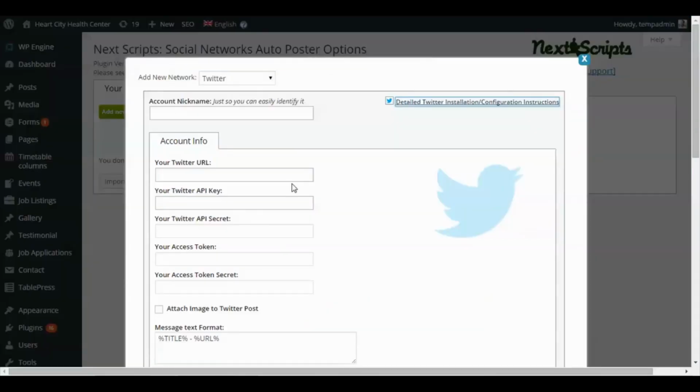With Facebook, the one hiccup I had was because Facebook changed their process for creating a new app, it wasn't working correctly, and so I had a hiccup with that. That might happen, but